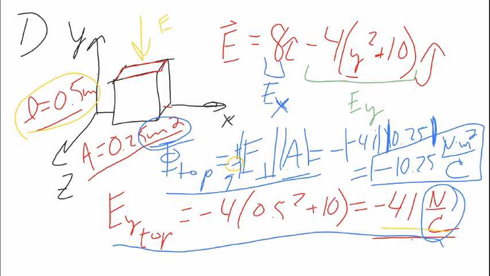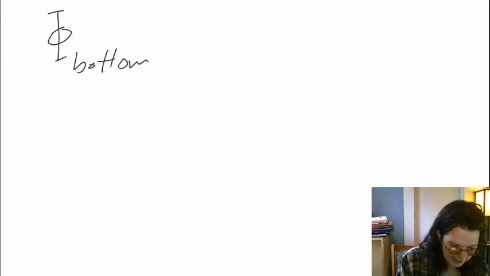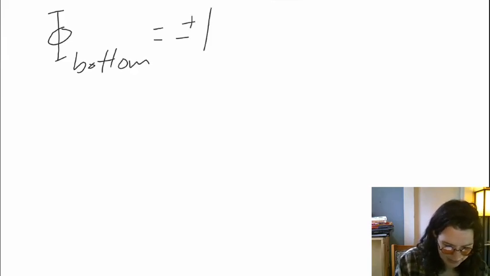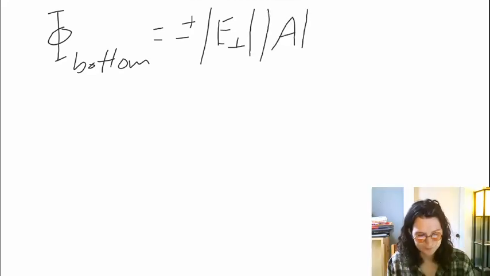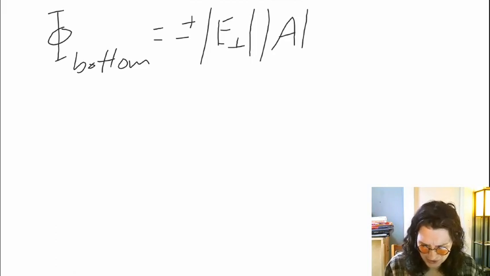Great. Now we have a few other faces that we're asked to calculate the value of the electric field through. Just as we've done with the top, we're also asked to calculate the flux through the bottom. So I'm going to go ahead and flip the page. I'll probably be flipping back and forth. But the flux through the bottom is going to be attacked in a very similar way. We have plus or minus the absolute value of the electric field that is perpendicular times the absolute value of the area. So first thing we need to do is figure out, is the electric field entering or exiting through